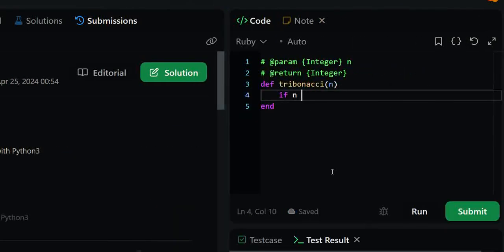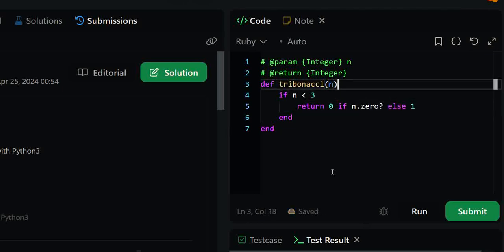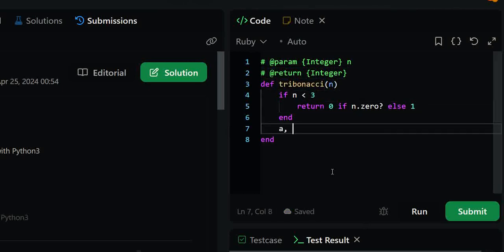If n is less than 3, in that case what we are saying, return 0 if n is 0, else return 1. And after this we are going to define our A, B and C, which is equivalent to 0, 1 and 1.